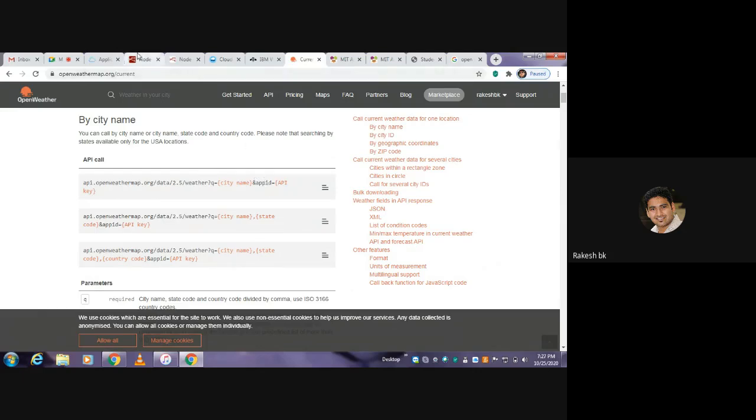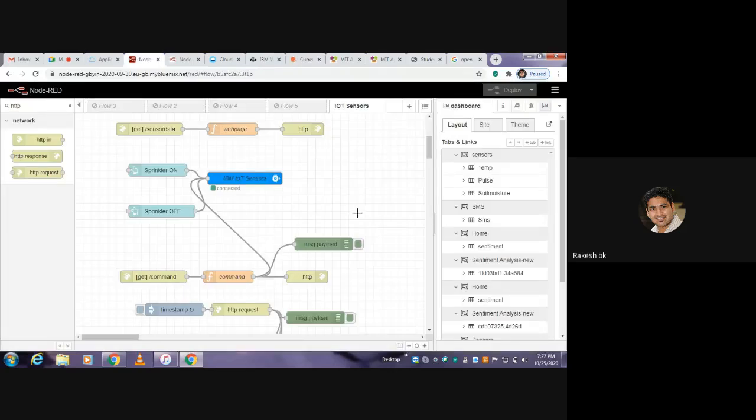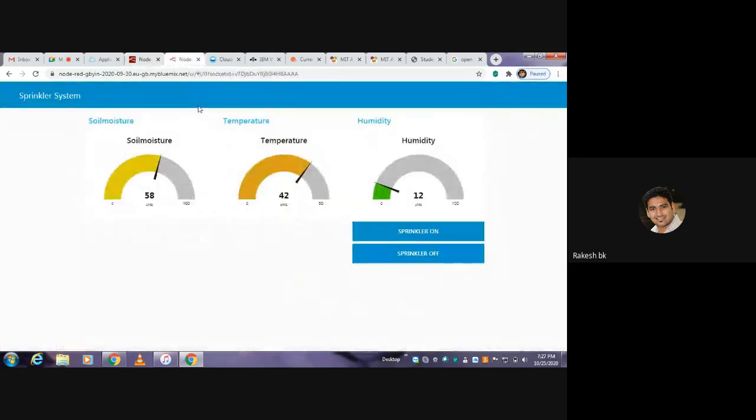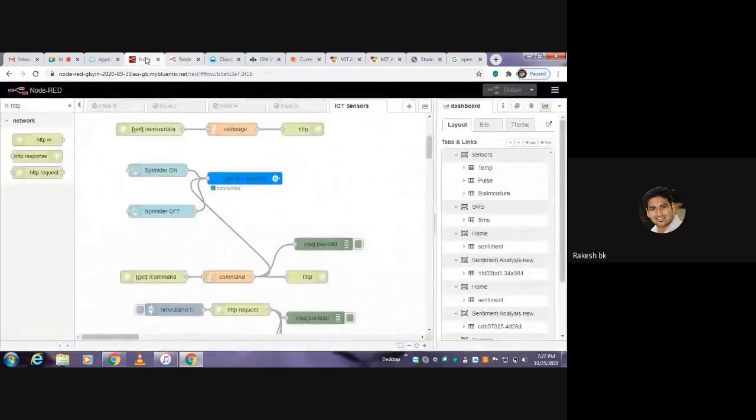I'll go back to Node-RED here, because I want to fetch that data from the open source OpenWeatherMap, and I want to store that data in the cloud. Either I can store that data in the cloud, or I can directly reflect it onto the mobile app user interface, right? What you looked at is a web user interface. Now I want to develop a mobile user interface. Before that, I'll make sure that the data from the OpenWeatherMap will also be observed here.